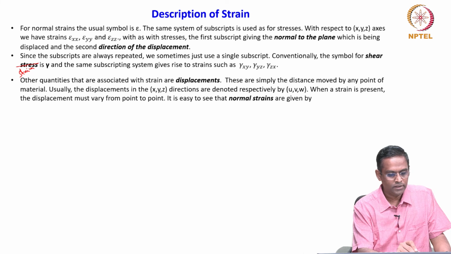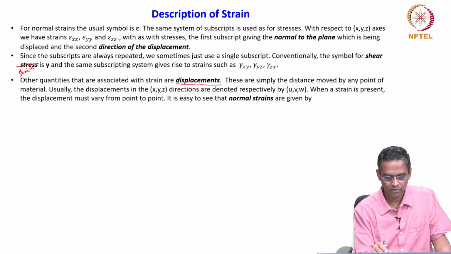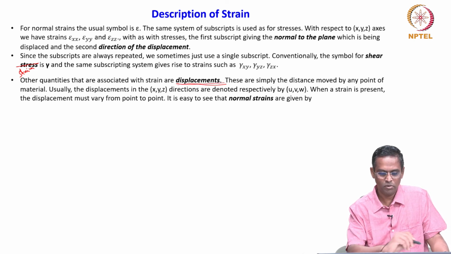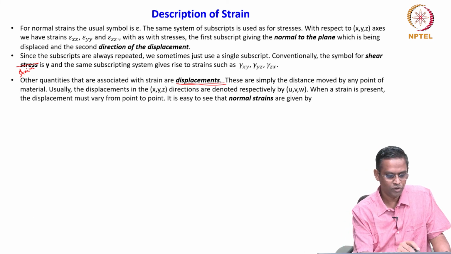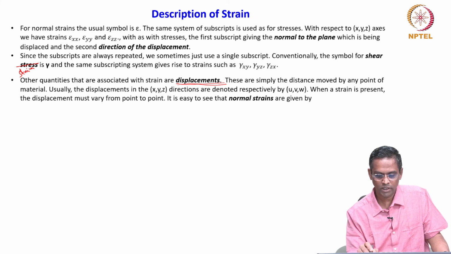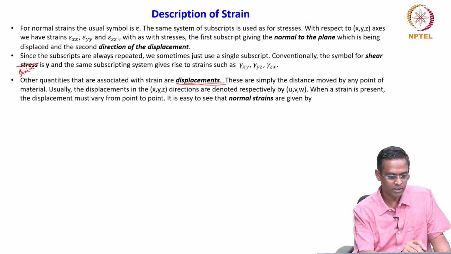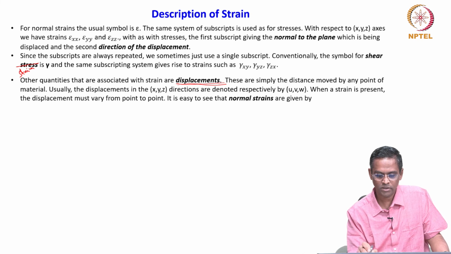Other quantities that are associated with the strain are displacements. So, what are displacements? We need some time to demonstrate this. These are simply the distance moved by any point of the material. Usually, the displacements in the x, y, z directions are denoted respectively by u, v, w. When a strain is present, the displacement must vary from point to point. It is easy to see that normal strains are given by